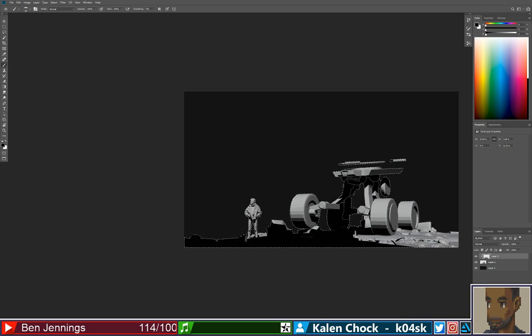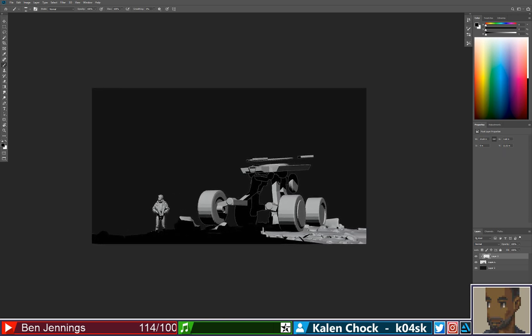We'll link it to it, because we can create gradations later and stuff like that. But I do want to simplify a lot of this stuff, so it feels a little more painterly, I guess, is probably what I want to go for. So that's what we're gonna do.